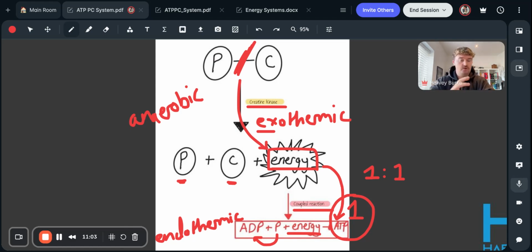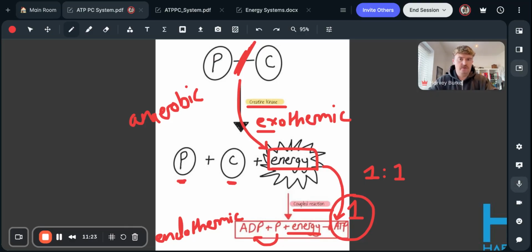So if they ask you to describe or explain the ATP-PC system, everything that we've mentioned there is what you'd want to include. Most of the time, they don't directly tell you to talk about the ATP-PC system. They'll want you to work out that this is the energy system they want you to talk about. So they might say